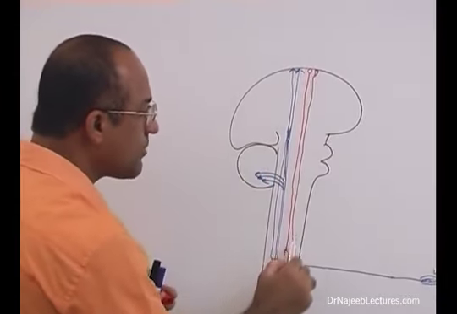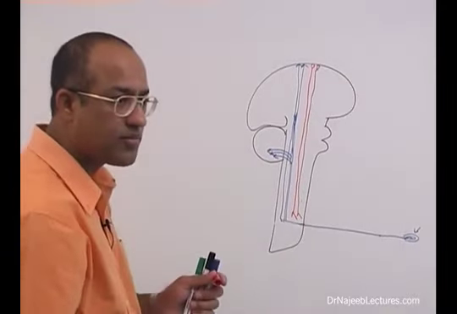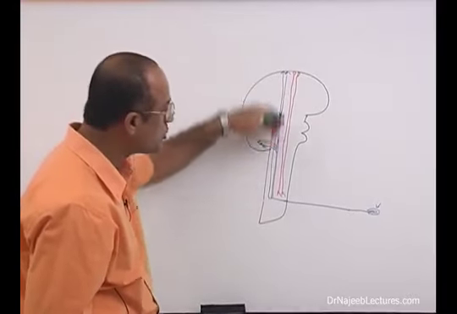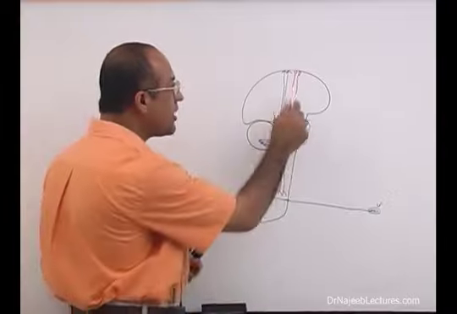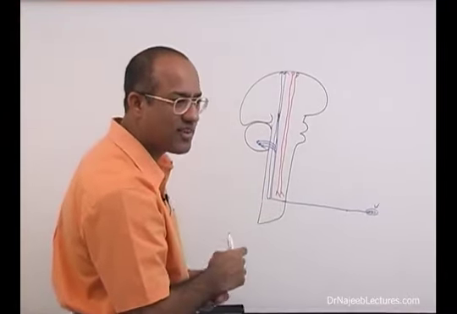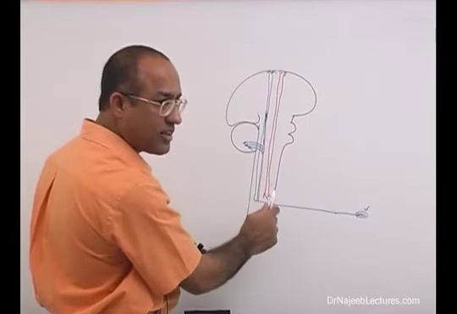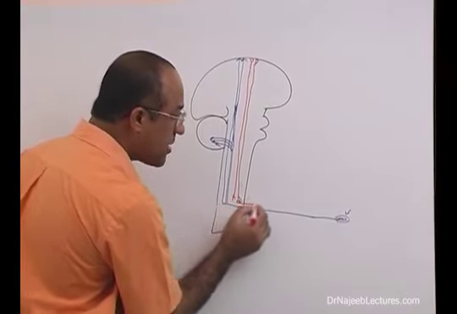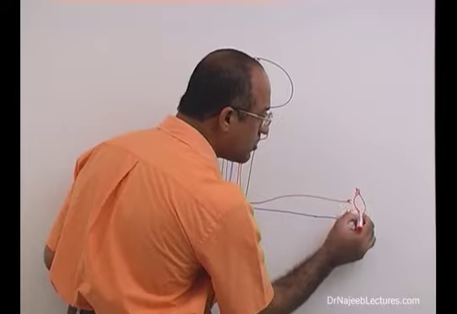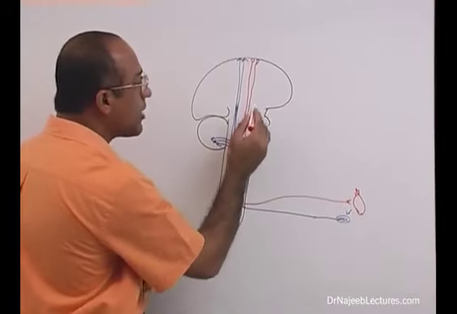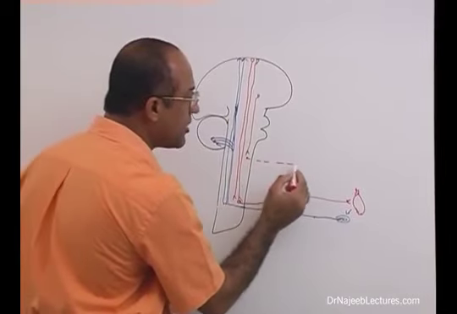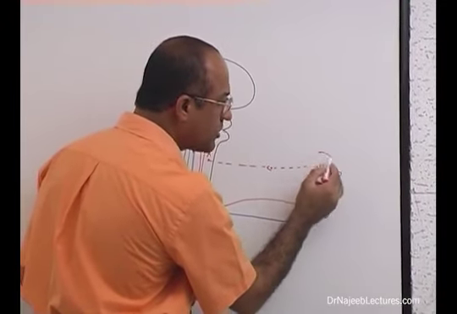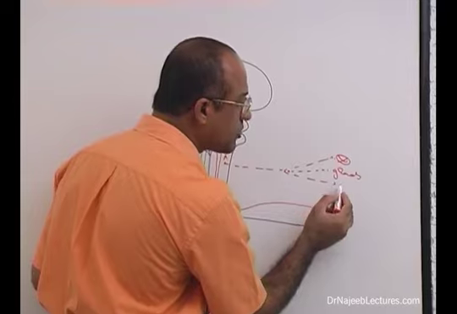Now, these neurons which bring the information to the lower level in the central nervous system, either from the cortex or from the subcortical higher centers, when information flows down through bundles of axons, these bundles of axons are called descending tracts. Descending tracts, of course, are going to produce motor responses, maybe through the movement of muscles, or there may be some autonomic descending tracts which may produce a response through